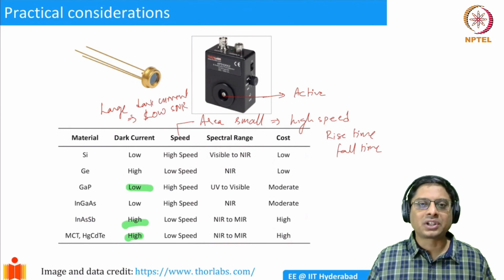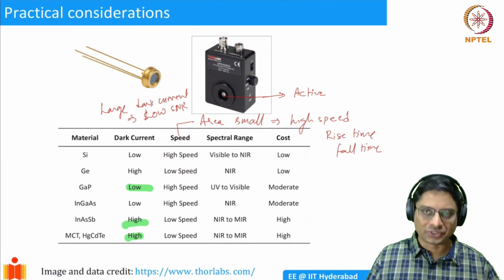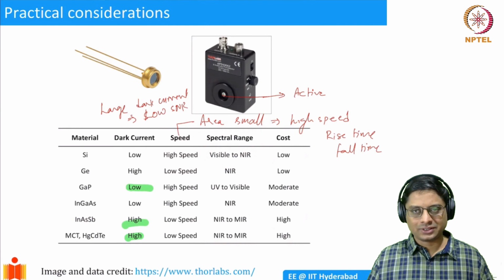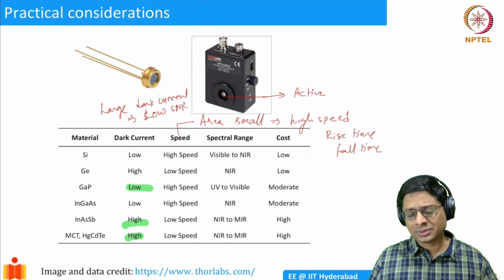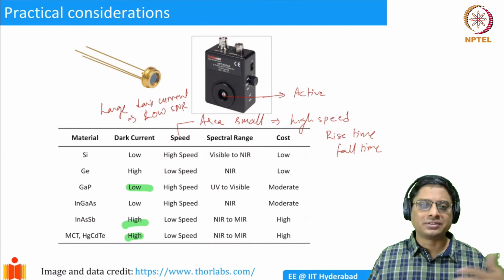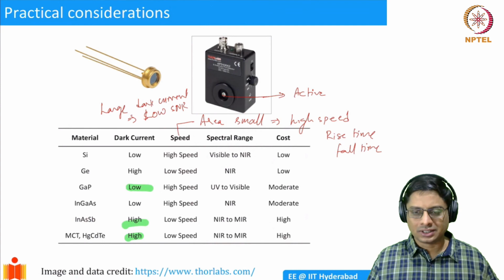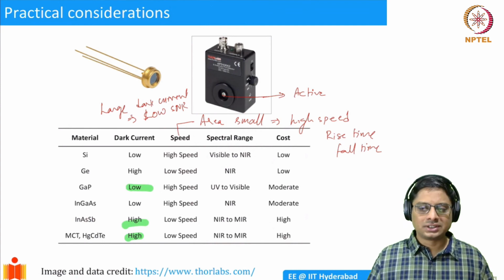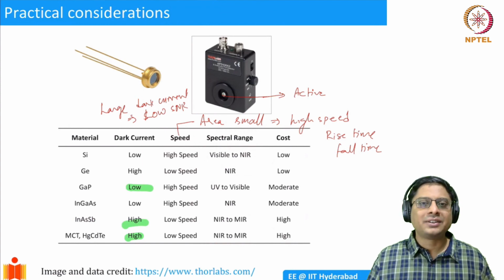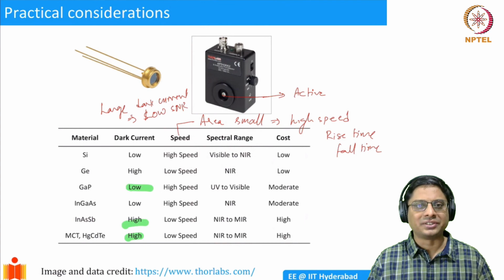In the next week, I want to talk about the opposite process. I want to generate photons from electricity. Those are devices like LEDs, lasers, and so on, and even displays, which are going to emit light. So we want to discuss light emitting devices in the next week of the course. And with that, I will close the discussion of these semiconductor devices.